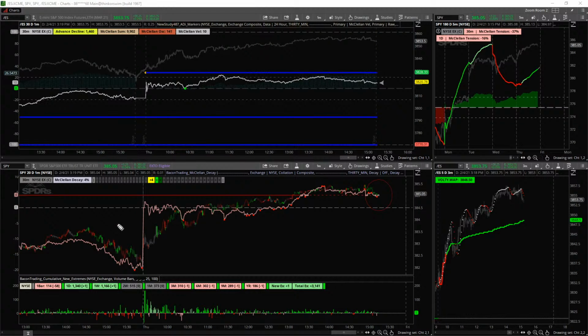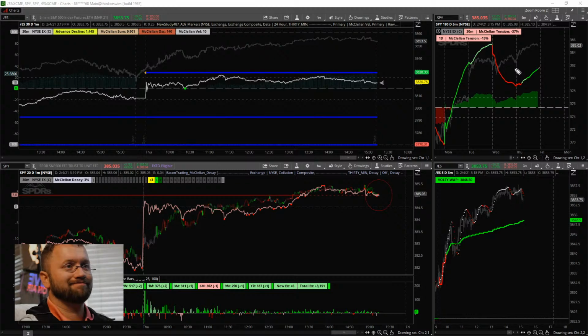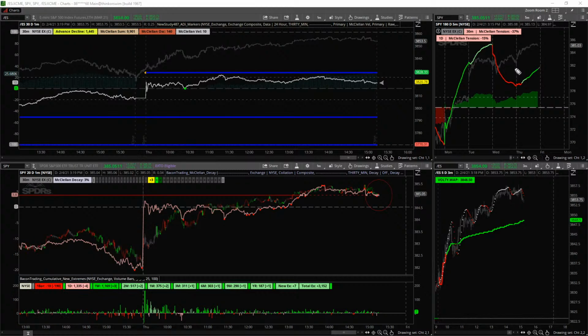So yesterday we were looking for the bears to get rolled over. If you remember, I was thinking we'd see a gap down, and then the bulls pick that up, and we move. We didn't get a gap down. We got kind of a gap and go, not an amazing one, but it opened a little higher and kept going. What happened here is right off the open, you see decay pushes up.